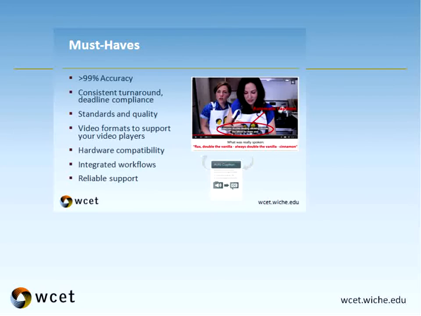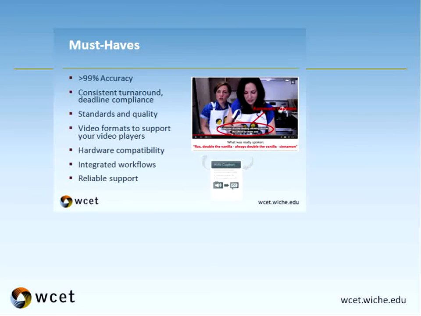Standards and quality is another thing that's really important. Transcription isn't something that, especially in education where you're often dealing with esoteric and difficult content, people with accents, and it's important to have standards. For example, when you're transcribing a math equation, there's a very specific way that you need to transcribe that, not just once, but every single time you see a math equation, it needs to be transcribed a specific way to maintain that consistency. So transcribers need to be trained in all of these different aspects of transcription.